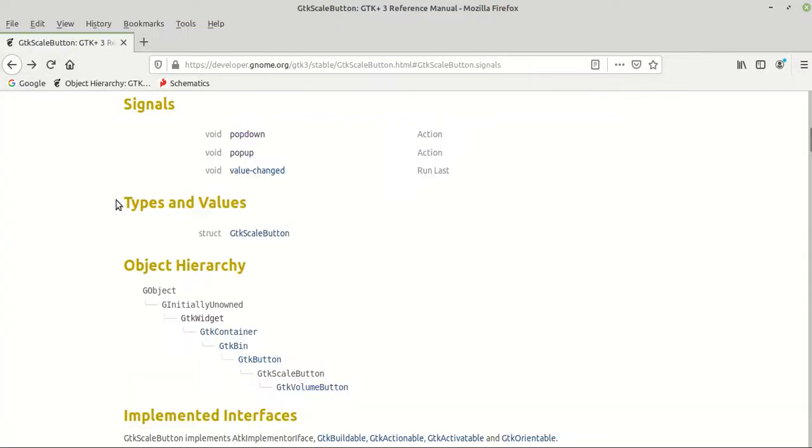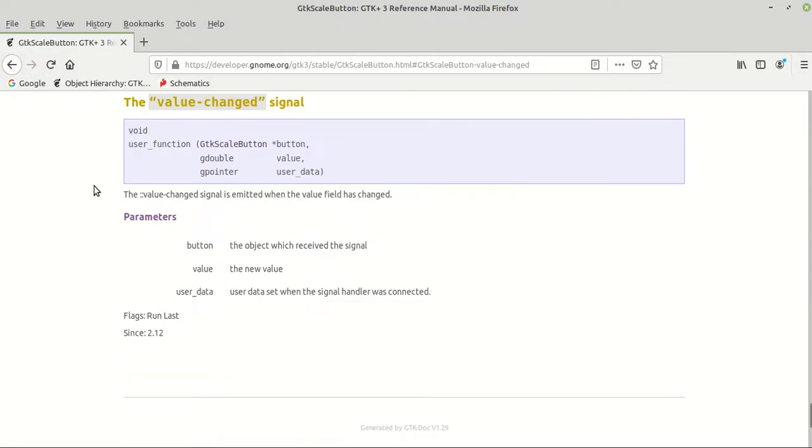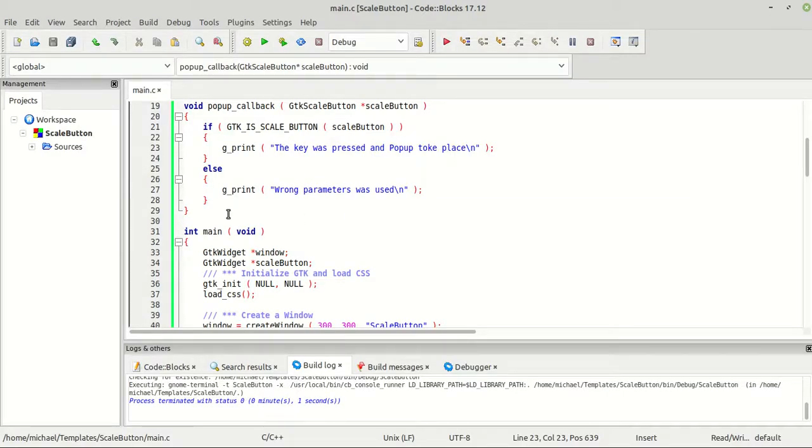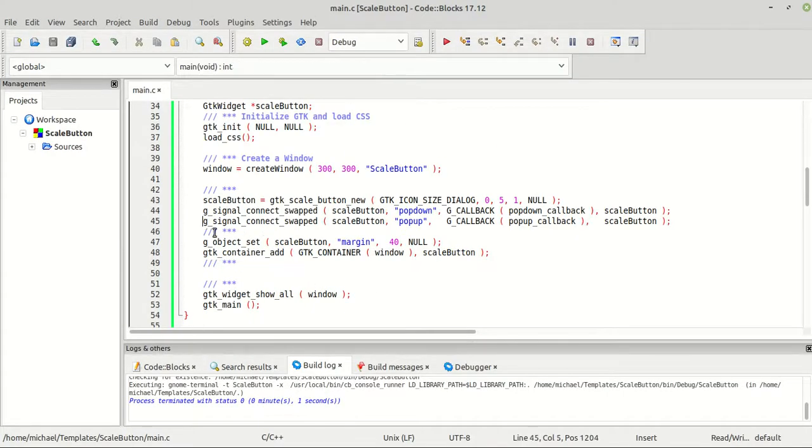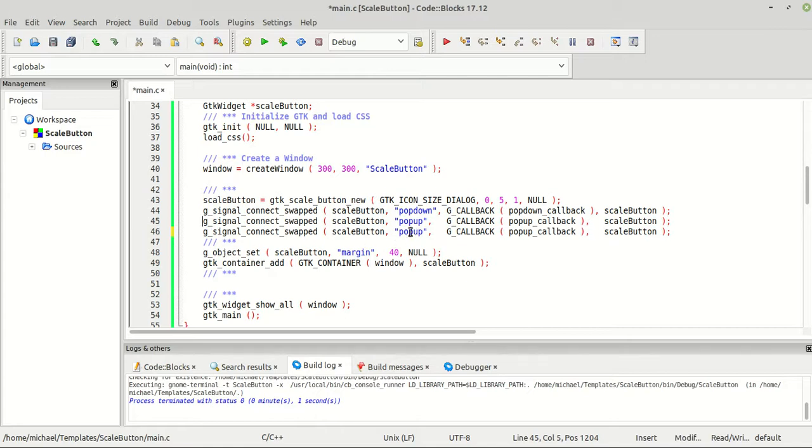And we can now move to the last one, value changed. This is very important because you always need to know when the value changed. So the value change signal is emitted when the value field was changed. That being said, we are going to see when the user sets a new value by changing it. So basically we need the value changed callback,